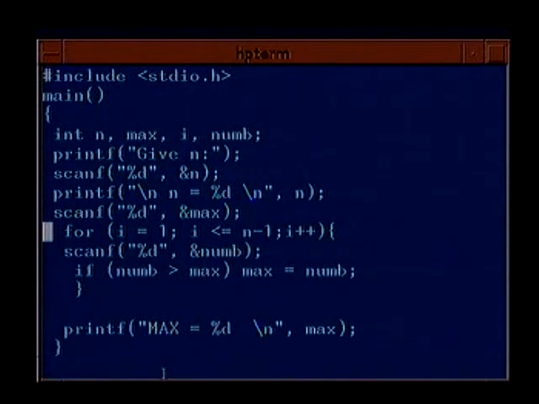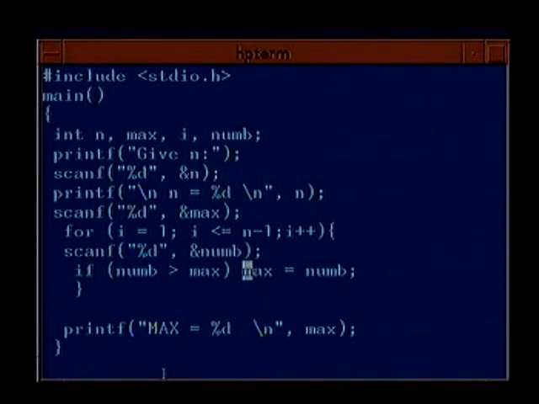Then in this loop, which starts from here and ends here, you read in n minus 1 numbers, from I equal to 1 to I less than or equal to n minus 1, and every time you read in a number, you compared if num is greater than max, then you updated the value of max to num.